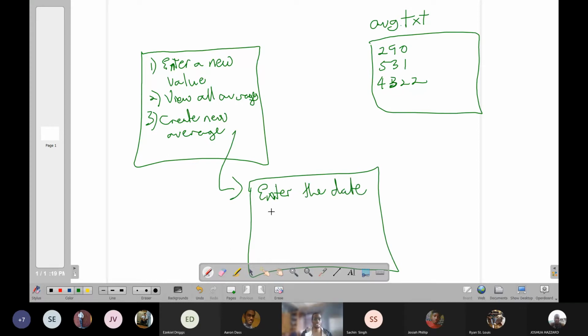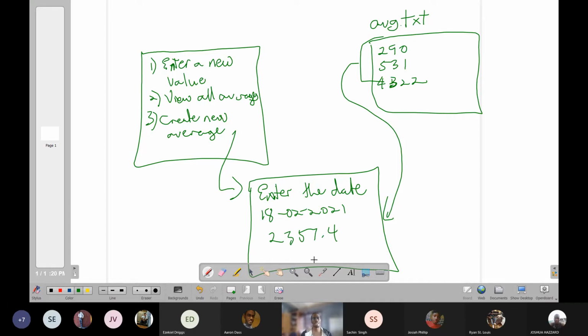You enter the date, the 18th of the 2nd, 2021. And what it would do then is that it now pulls all of this data and works out the average. So 290, 531, and 4,322. It might give you an average of 2,000 something, right? 2,000, let's just say